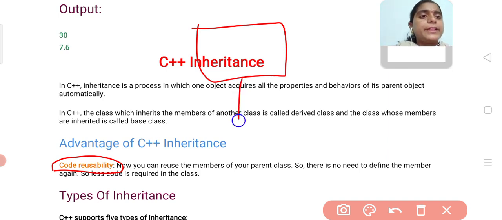That's why we avoid duplication of code. If we write the same code many times, that is called duplication of code. By using the inheritance concept we overcome that drawback.